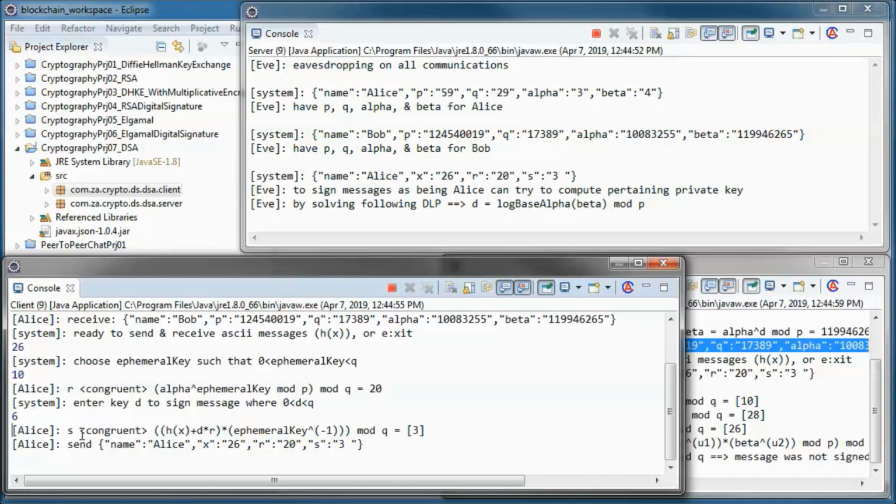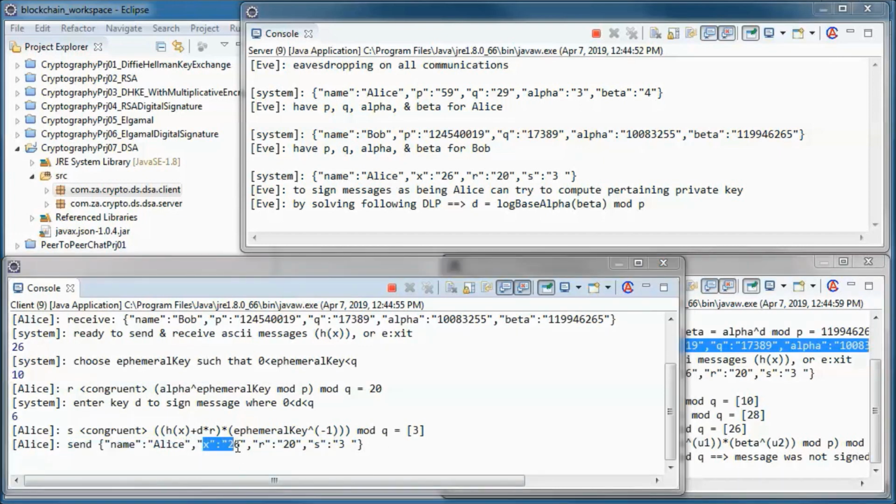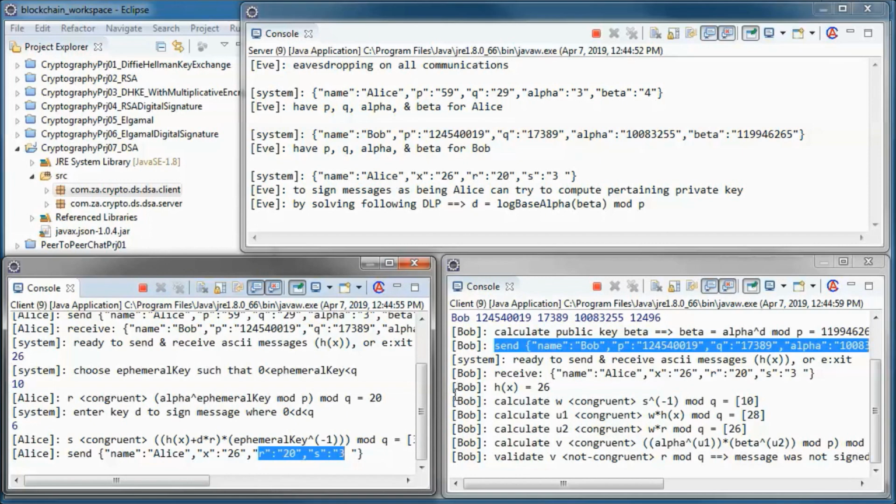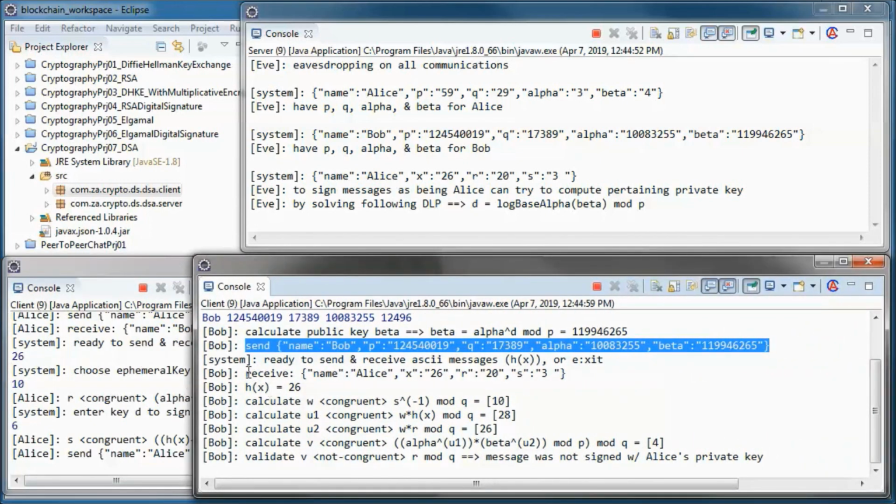So here she calculated her signature param R, and here she is calculating her signature param S, and she is sending Bob her ASCII hash message H of X and her signature params R and S, and he receives those.